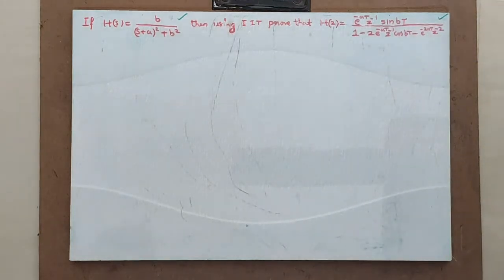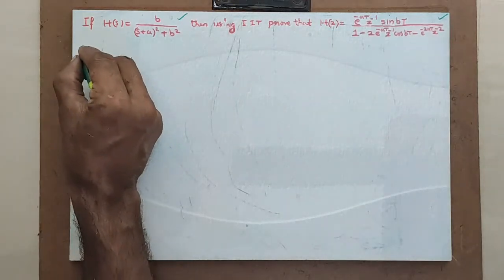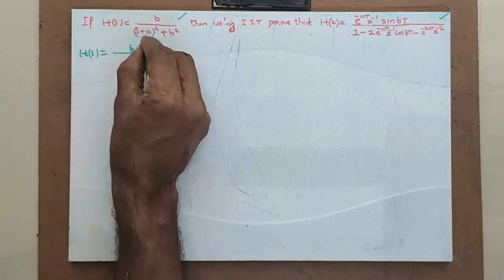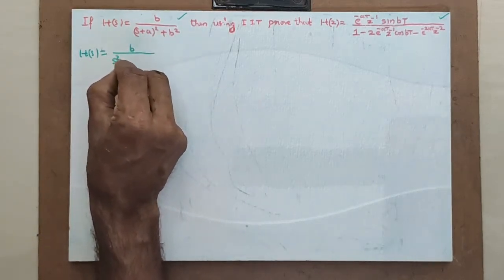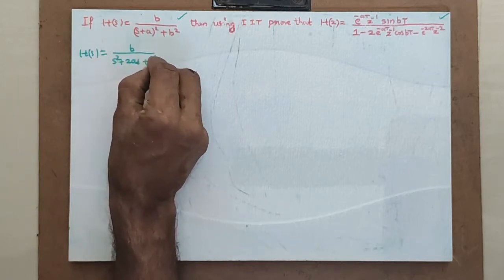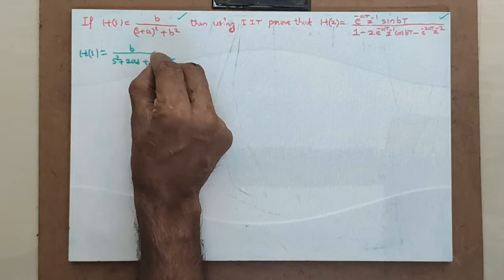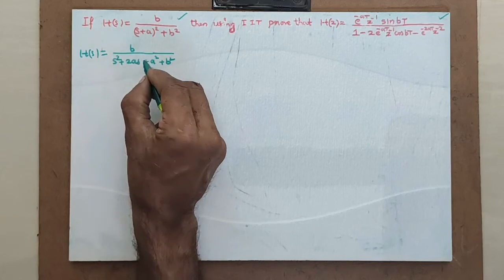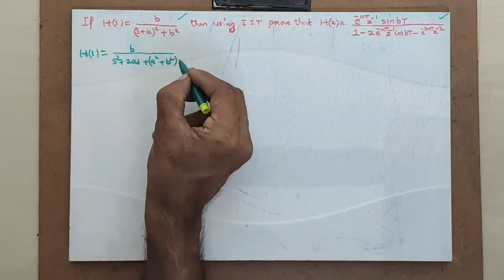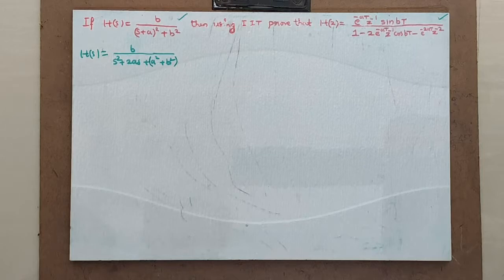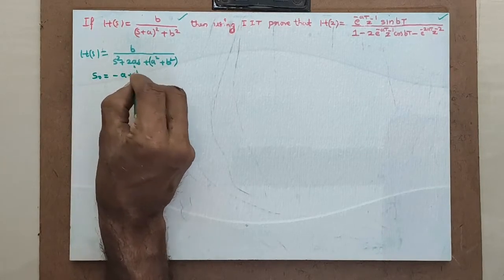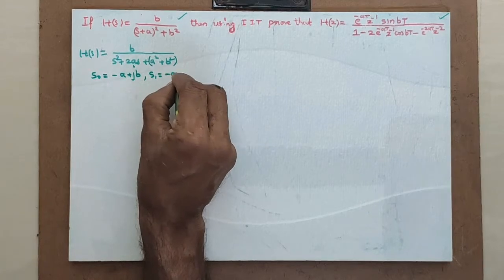Okay. Let us do this. H(s) is given by b divided by (s plus a) whole square, which means s square plus 2as plus a square, plus b square is already existing. Correct? You see, s square plus 2as plus a square plus b square. This kind of equation you have already come across, and you know that it has two complex conjugate poles, where s0 is equal to minus a plus jb and s1 is given by minus a minus jb.